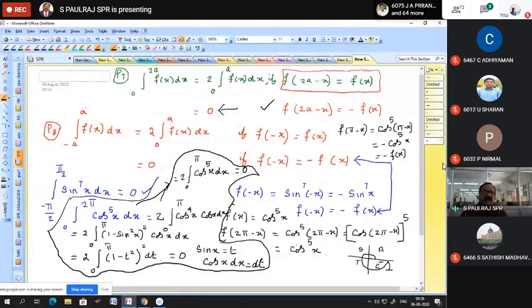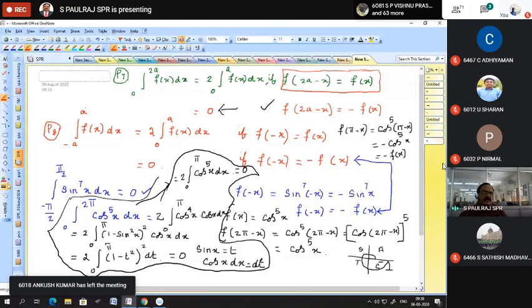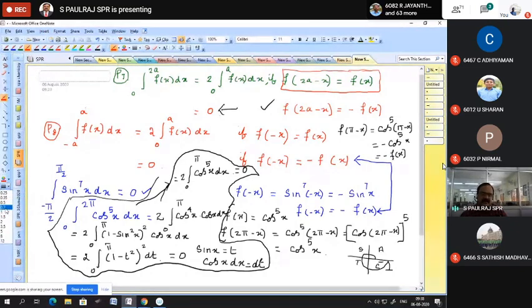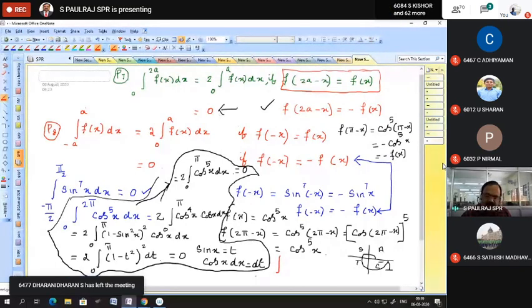Where shall I write? I'll write here with the red pen. You note it down somewhere and ask me later on. As far as integration is concerned, this is the biggest problem. If you happen to see this problem for the first time in the exam hall, never do it.